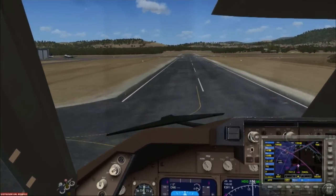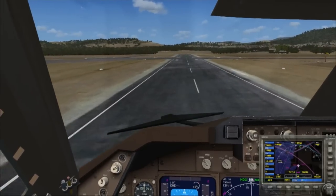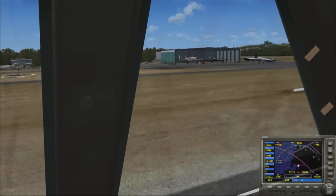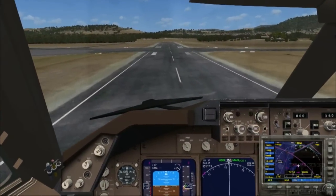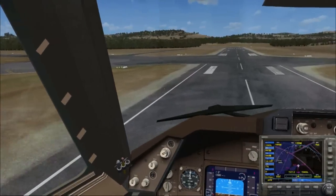Almost a stall buffet there, just before we landed. Anyway, reasonably gentle, not a kisser. But we had to get it on the ground nice and quickly. Reverse thrust, apply a little bit of brake, and she pulls up quick as you like with that very low payload. And we'll go and park it in front of the Connie hangar,